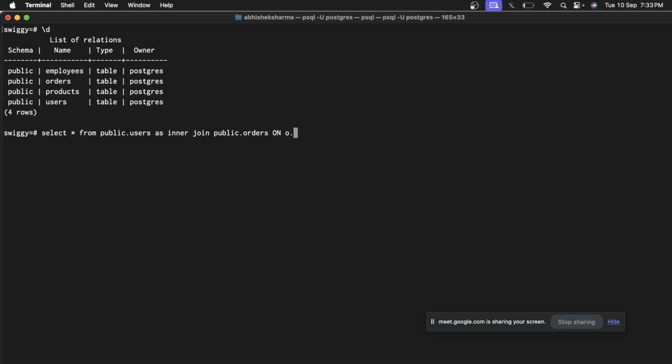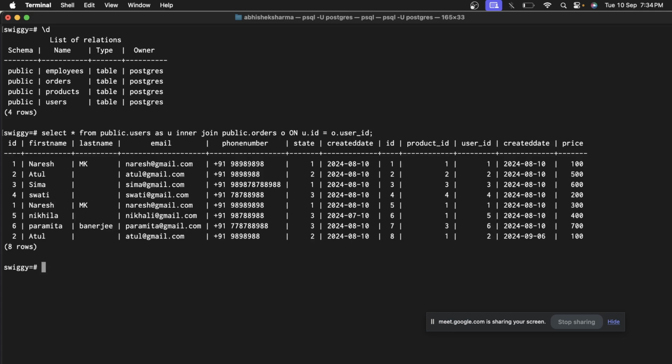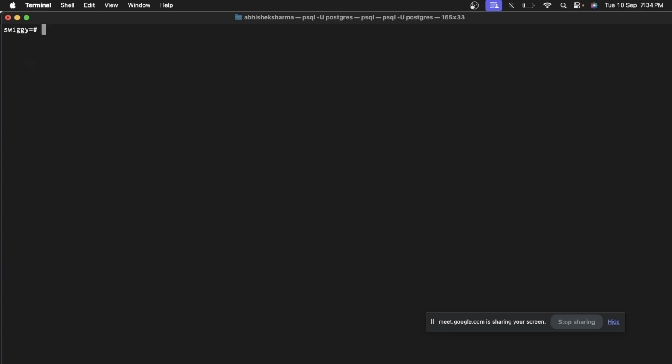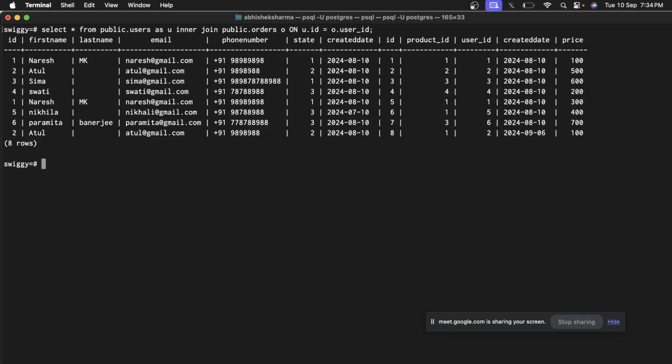What I want is from public.orders, and on, I can use o.id, my bad, u.id equals o.user_id, right? And u is not provided, and o was also not provided, right? So this is the data that I can get. Let's have this data only, right? So this is the data that we'll get,